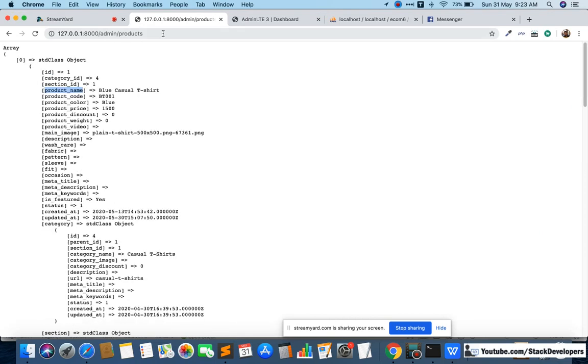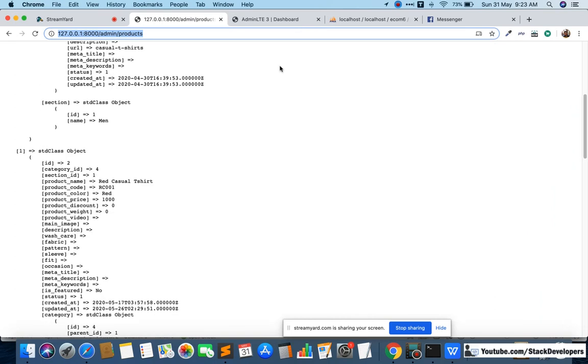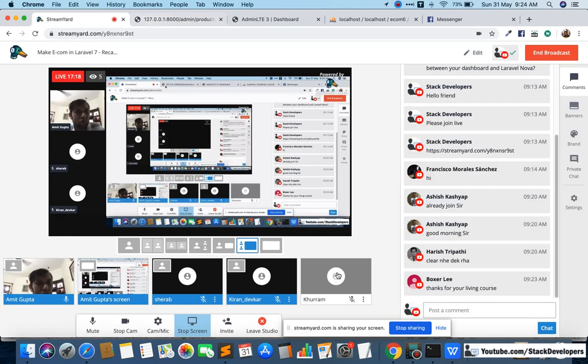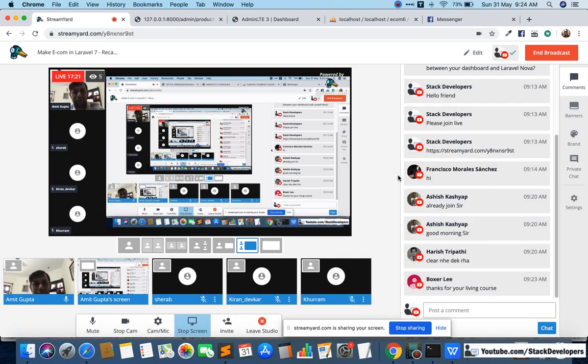Okay, in one page you see the link is the same, in one page you can get all the details, and in another page you can just fill up your data and keep on checking. So this is the thing that you can do. I hope this one is clear to you.